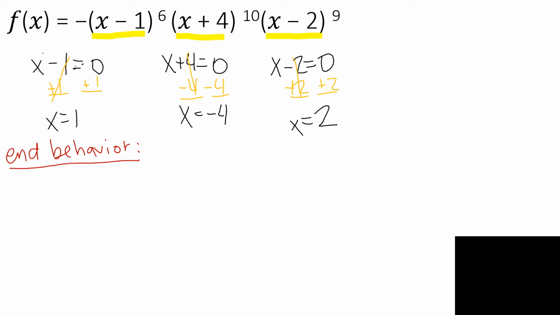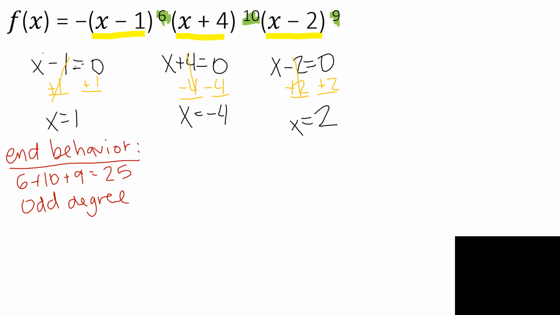So I am just going to add my exponents. 6, 10, 9. We're going to add those up. So I've got 6 plus 10 plus 9, and that is 25. So this is an odd degree polynomial,